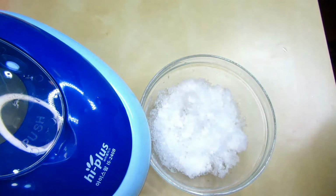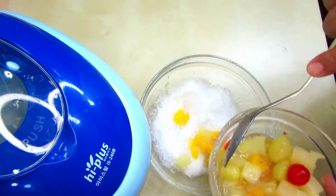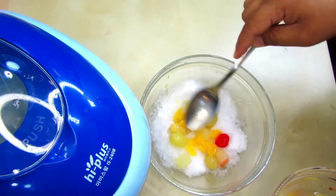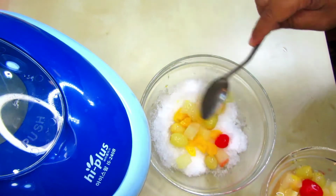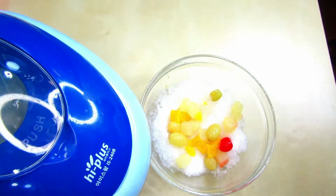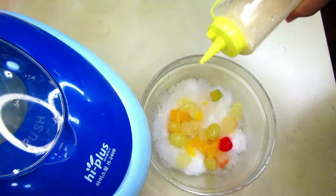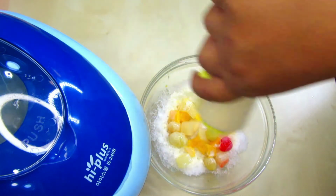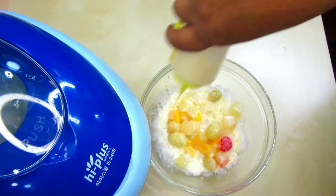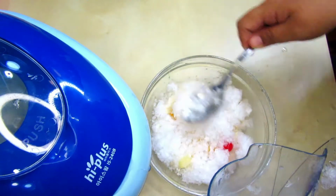So in a bowl, I added the shaved ice, and these are also canned fruits that I added in here. You could use fresh fruits, whatever fruits you want to use, mangoes, pineapples, it's all up to you. Then added some evaporated milk, more shaved ice,